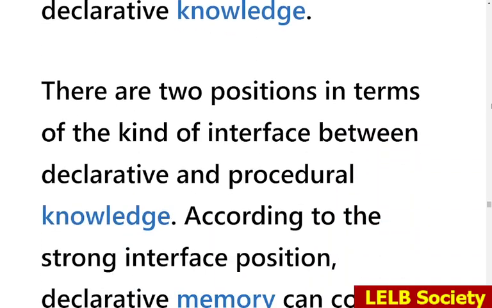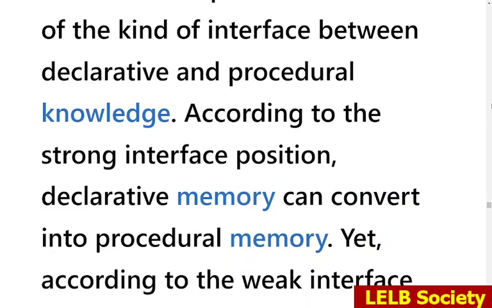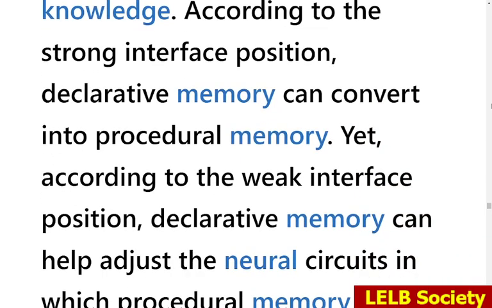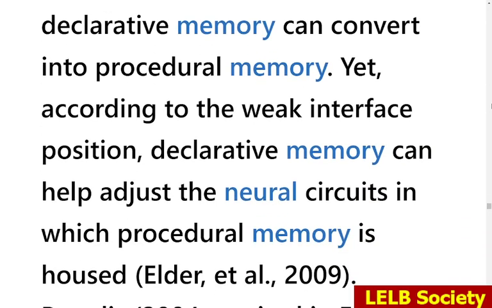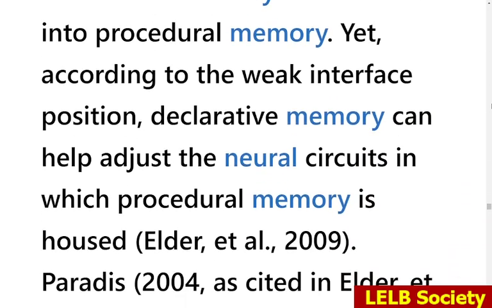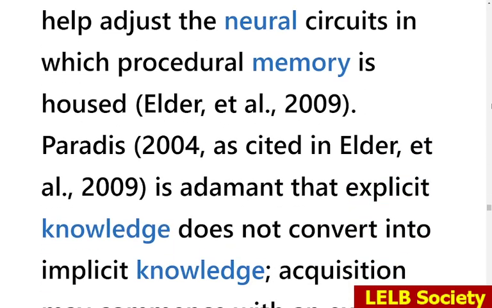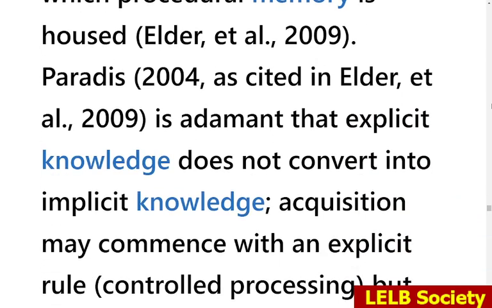There are two positions in terms of the kind of interface between declarative and procedural knowledge. According to the strong interface position, declarative memory can convert into procedural memory, yet according to the weak interface position, declarative memory can help adjust the neural circuits in which procedural memory is housed. Elder and others, 2009. Paradis, 2004, as cited in Elder and others, 2009, is adamant that explicit knowledge does not